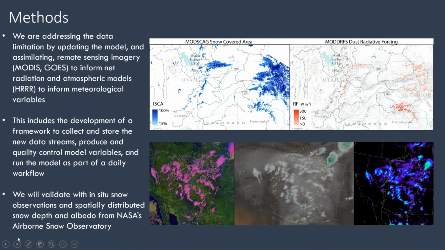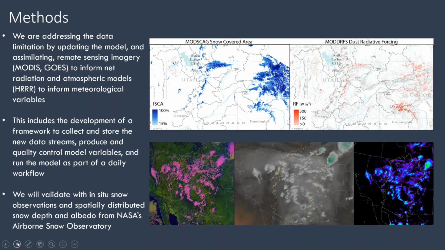We're running the model over test watersheds and we're validating with in situ snow observations. So we're using whatever energy balance sites that we do have, and also spatially distributed snow depth and albedo from NASA's Airborne Snow Observatory. If you go to the next slide,